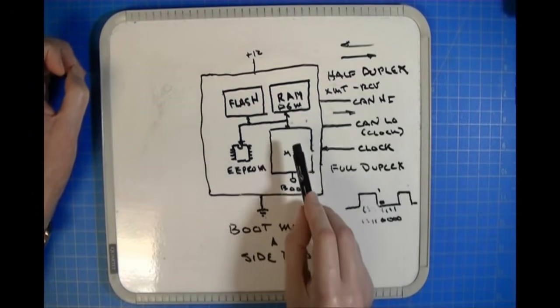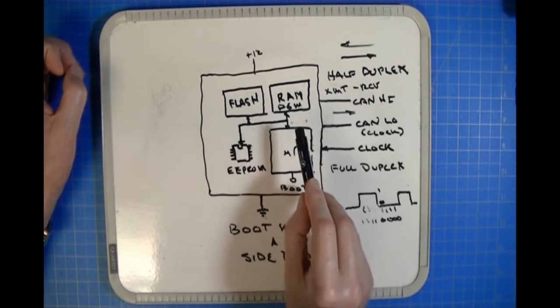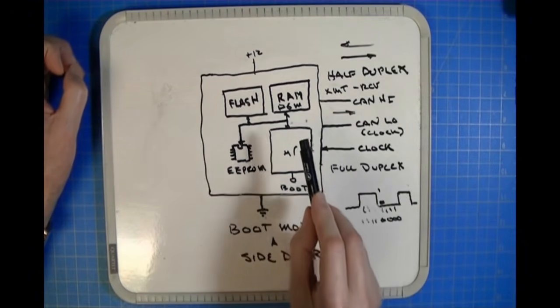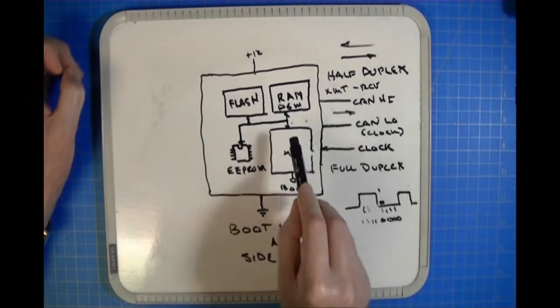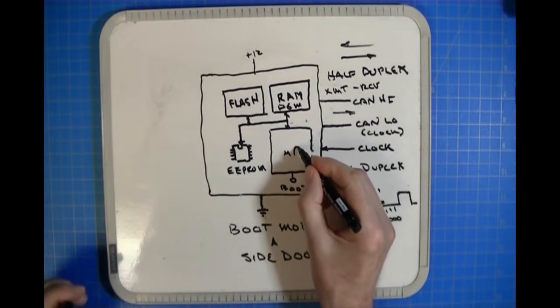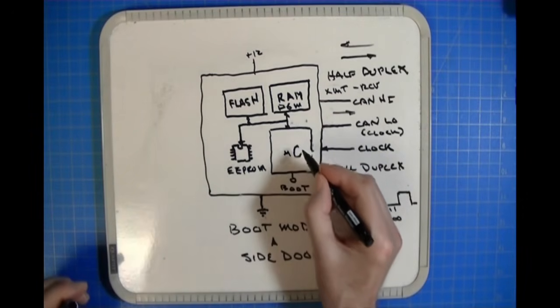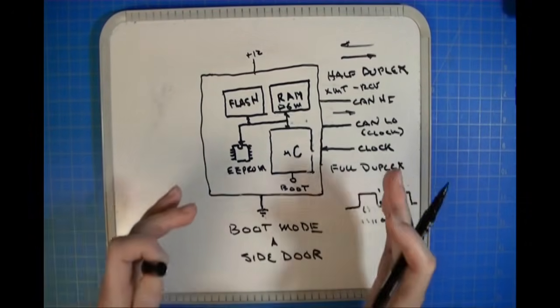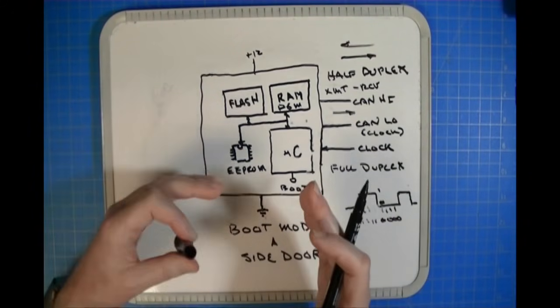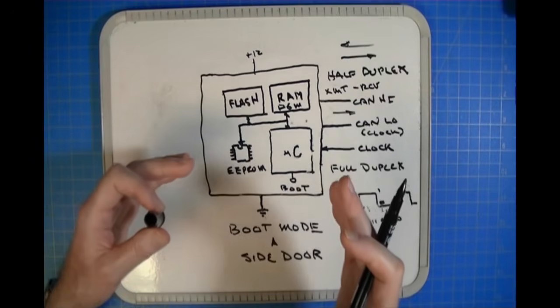And then once the program is fully uploaded, the processor will start executing the program in RAM. Okay, so it uploads and then it starts executing, and at that point you're able to control the flash memory. You're able to control the module